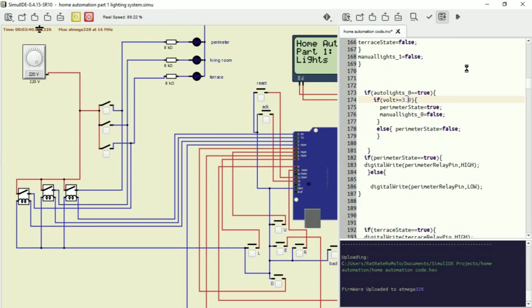Actually, it will take a little time to download the program to the microcontroller because my computer is getting slower these days. And anyway, I already showed you the fundamentals of this automation. So, and now the download is complete,